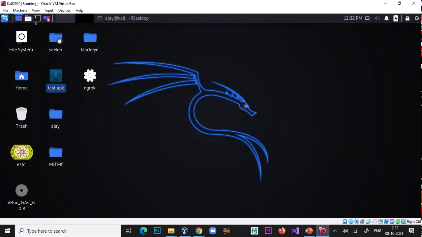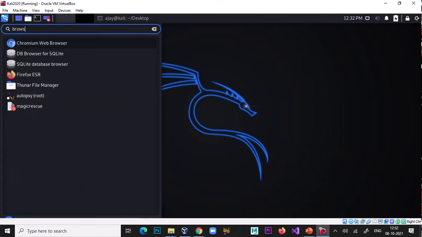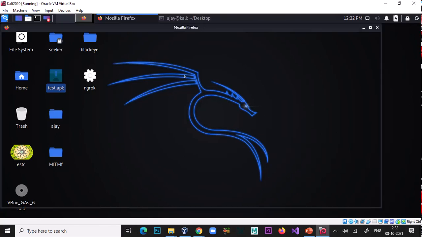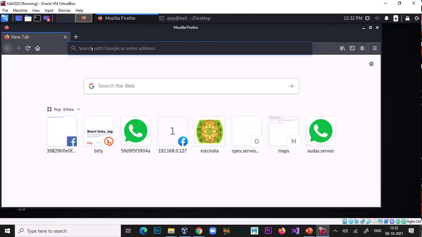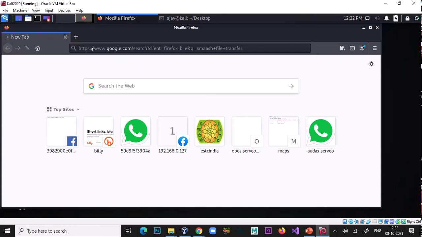It's also not working, so I use a browser here, Smash file transfer.